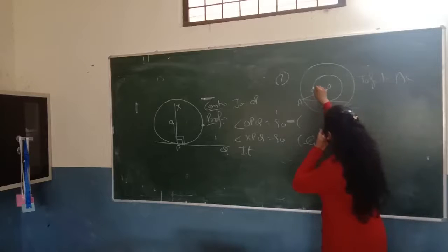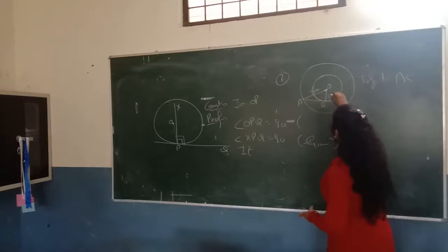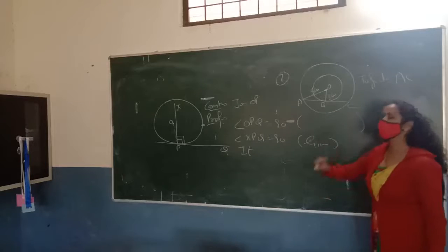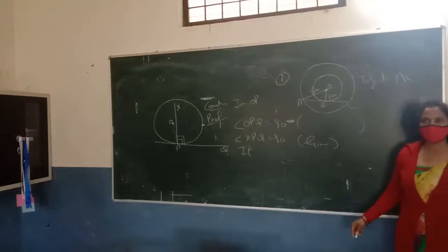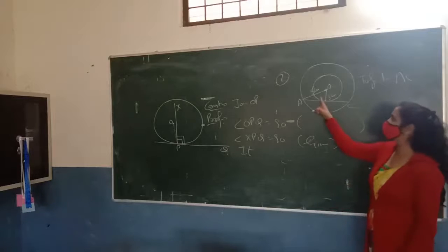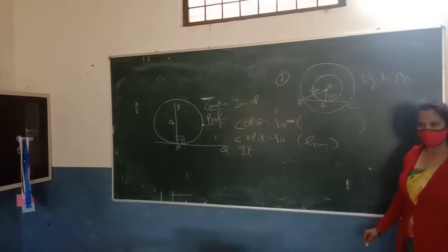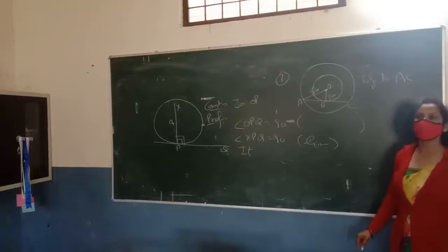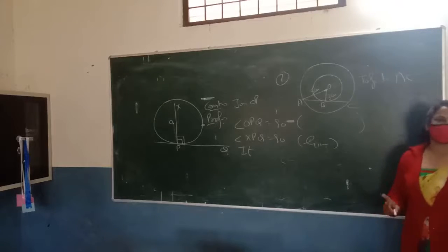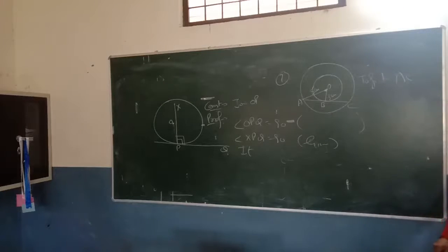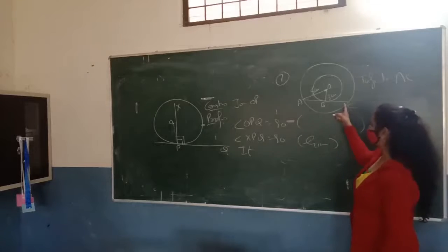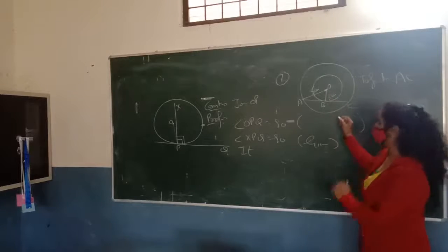So the radius of the larger circle is 5 cm and the smaller one is 3 cm. Mansi, can you tell me how we can find the value of AB? By using the Pythagoras theorem. But how will you say that this angle is 90? What is the theorem? Theorem should be remembered. Shantanu: Tangent is perpendicular to the radius at the point of contact. Very good. Sit down. So, tangent is perpendicular to the radius of the circle at the point of contact. So this angle is 90.